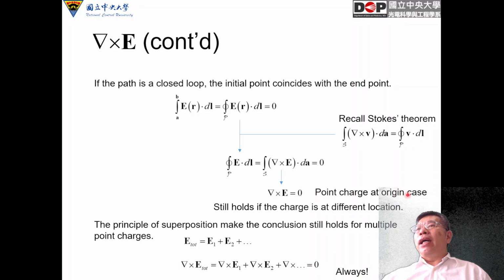So the point charge at the origin case is something like this. It still holds for a charge at a different location. The principle of superposition makes the conclusion still hold for multiple point charges. So you have the total contributed by each charge, and taking it, each has a curl